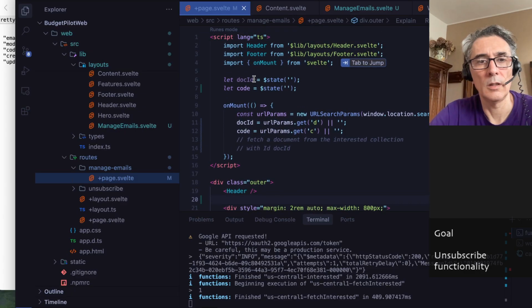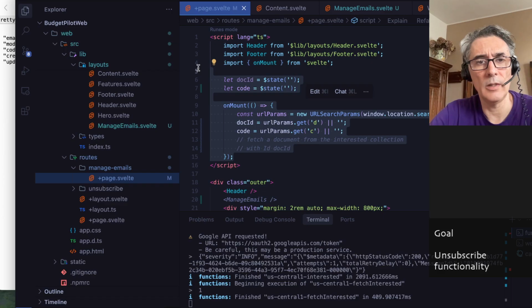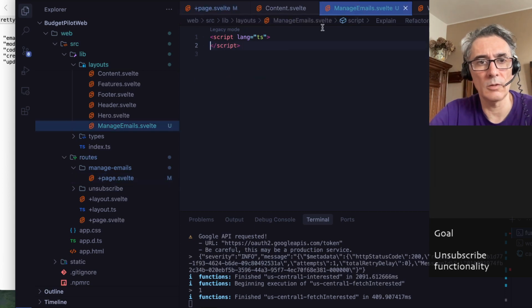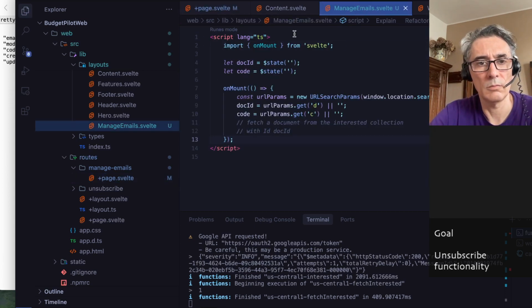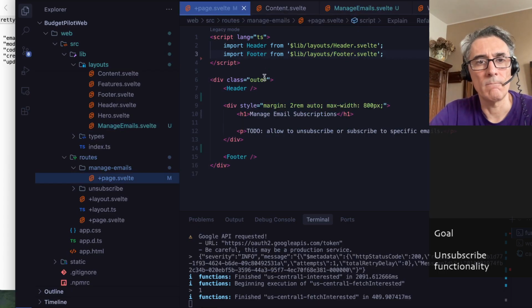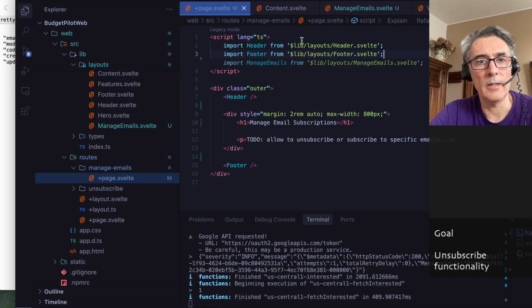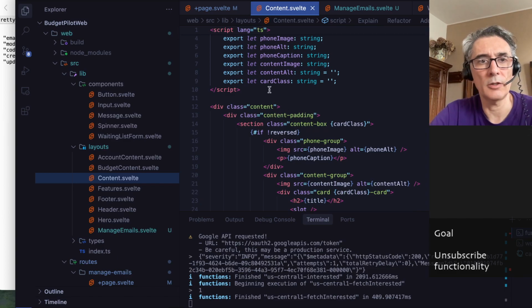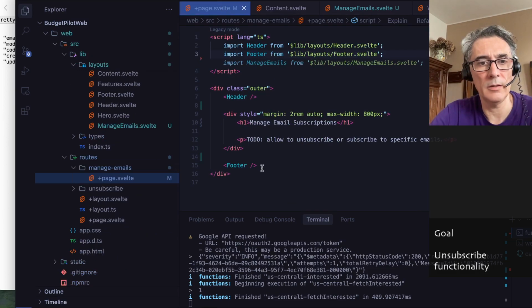And I think, yeah, we need to execute that code there, because we don't need those variables. Okay. And next, we just go with the actual content. So this bit,